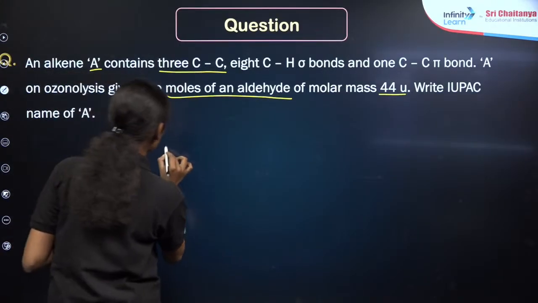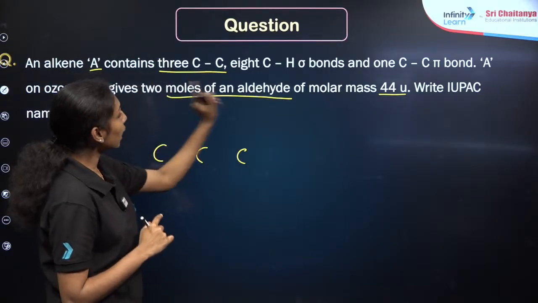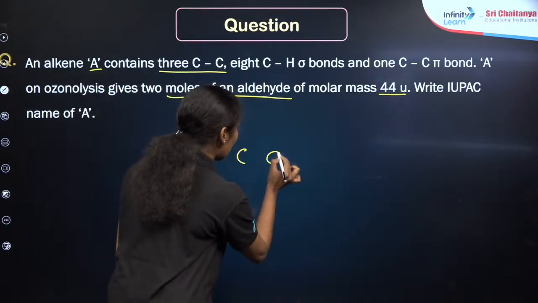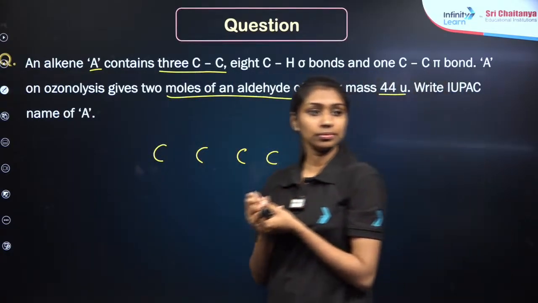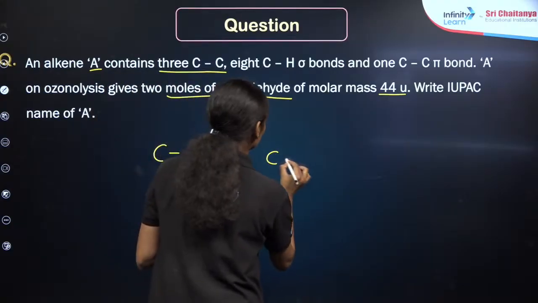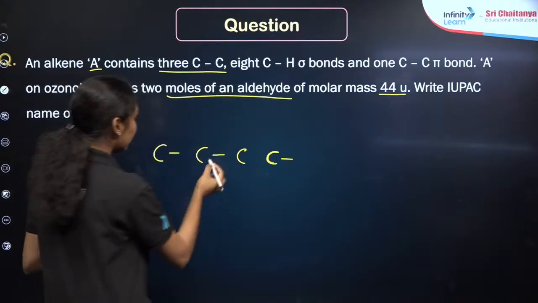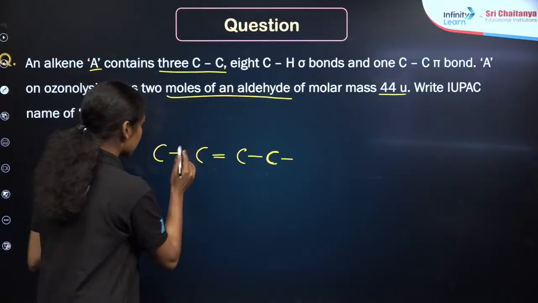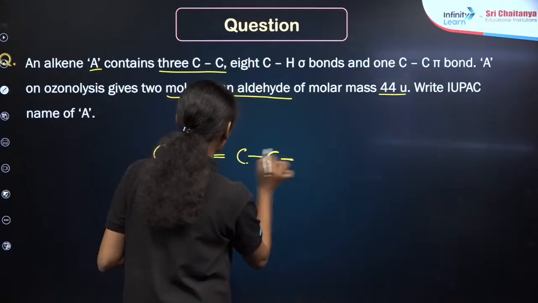What is given here? 3 C-C single bonds and 1 C-C pi bond, which means that it may contain 4 carbon atoms. Are you able to understand? If you observe here, one is a C-C single bond, then here again a C-C single bond, then